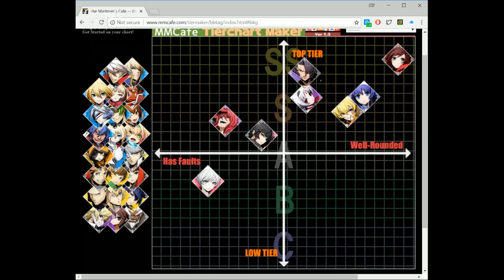And I do rate her. I give her a low S tier, but she's up there. You know what I mean? She's a great character. I feel like the only reason why I'm putting her there is because I really haven't used her, and I really haven't figured her out. Once I use her more, I feel like